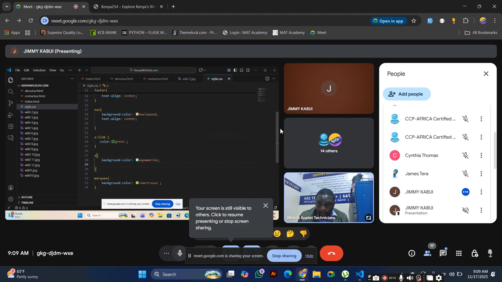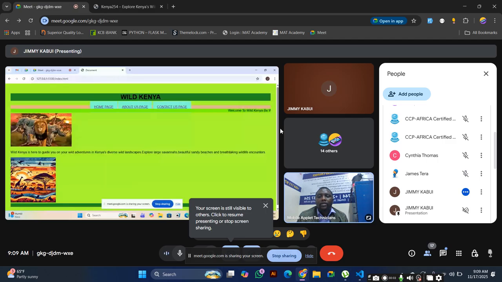So you can give your a tag some padding, say something like 20 pixels, to make the a tags big enough. Can you preview the files? Let's see how now the tags look like. Yeah, you see they are big.